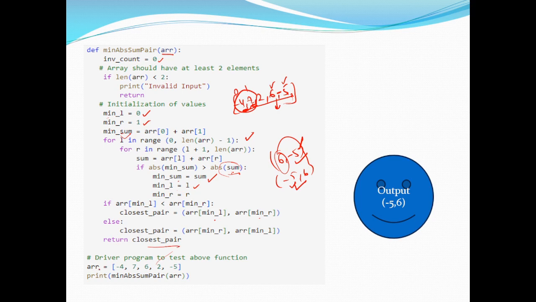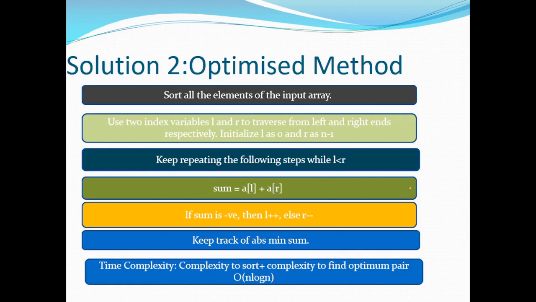Okay, so now we are calling this function, the main function here, and it will give the result as this. Now the second method is the optimized method, because earlier we have seen that the time complexity was n square, n star n. Okay, so now what we will do is to make these things easy, first of all we will sort the